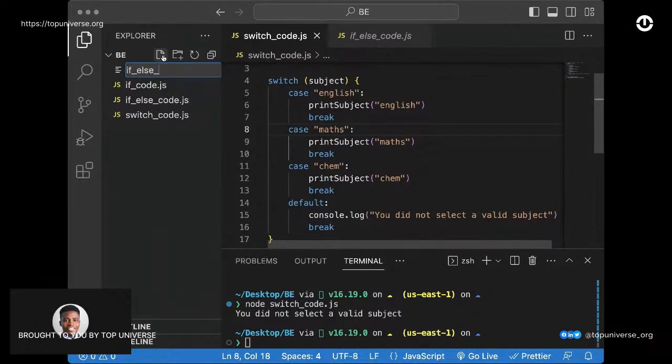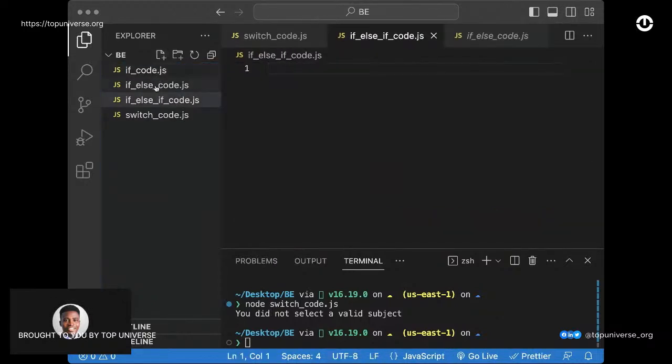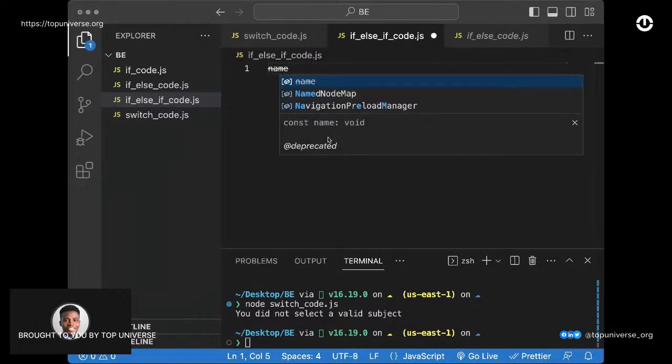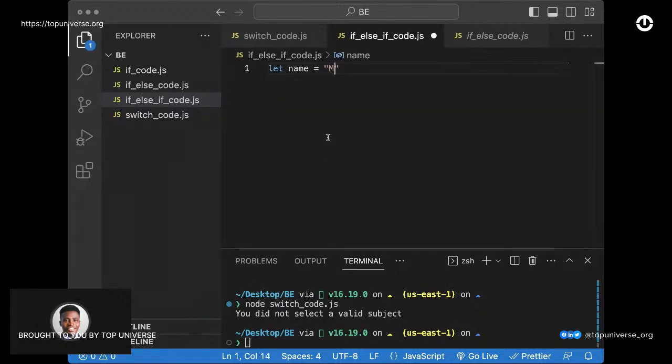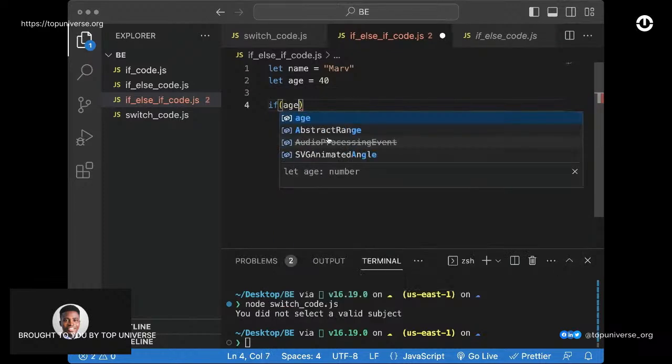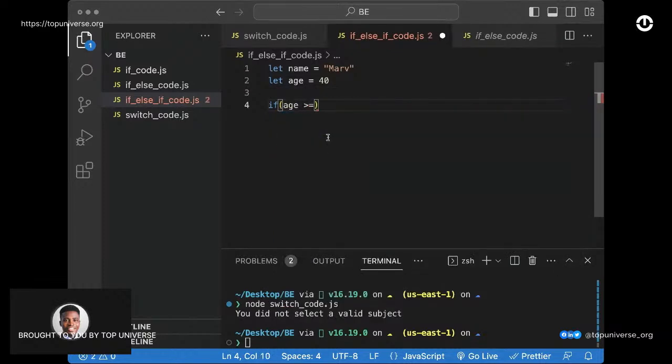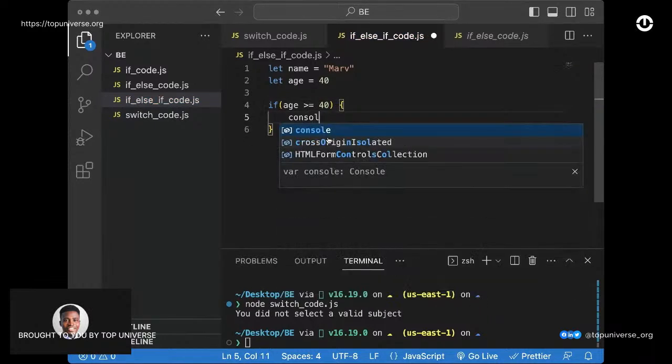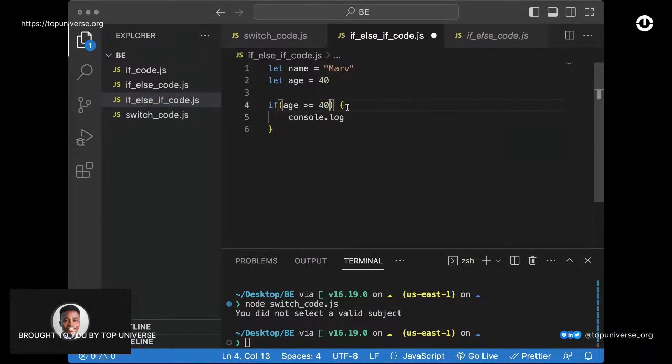Okay. So we are going to talk about the if else if code. Basically, what we are going to be doing here is let's just assume we have a name. So let name equals Mav, and we have age. Let age equals 40. And I'm basically going to say if age is greater than or equal to 40, console.log,